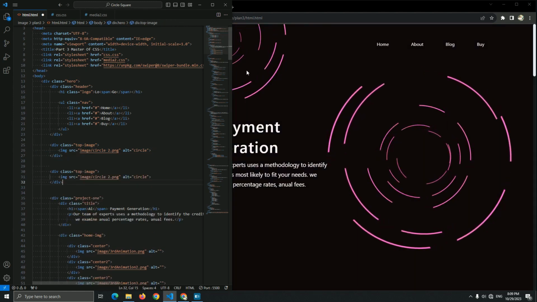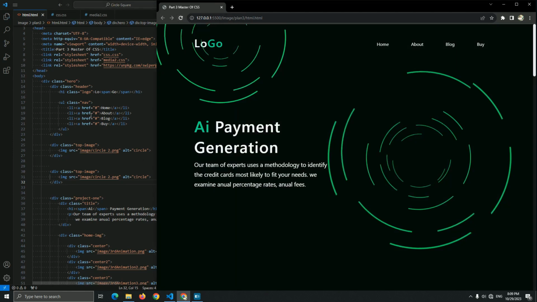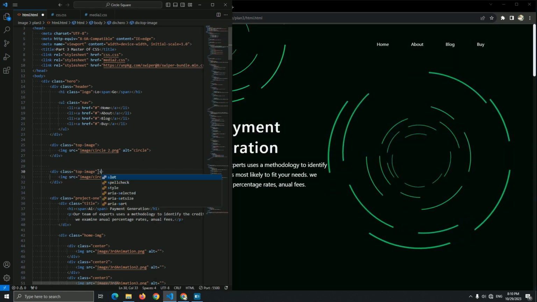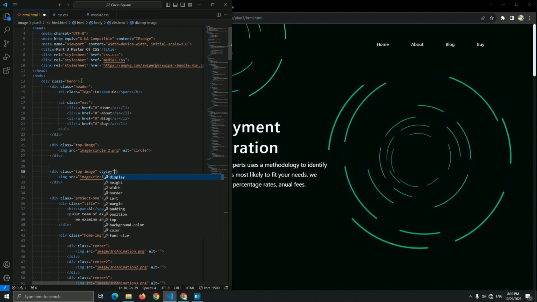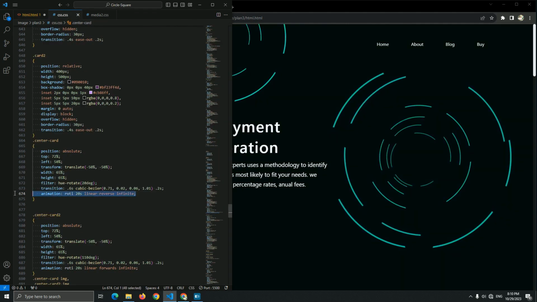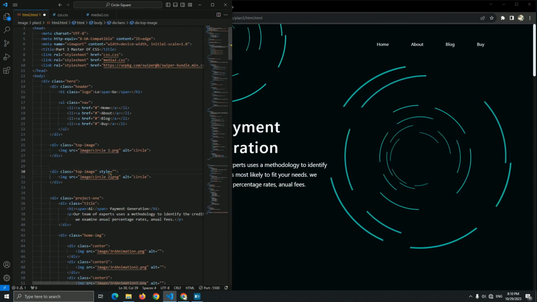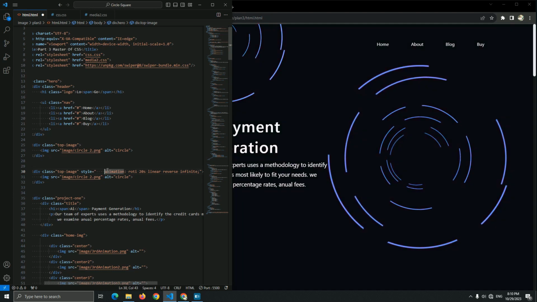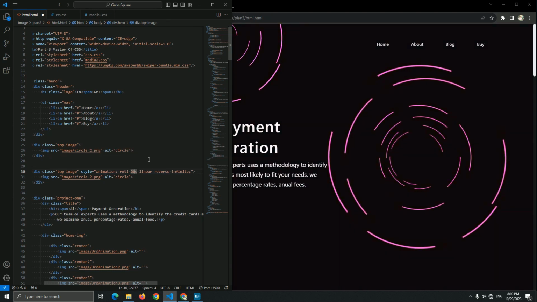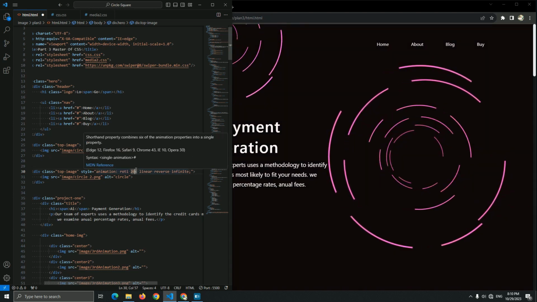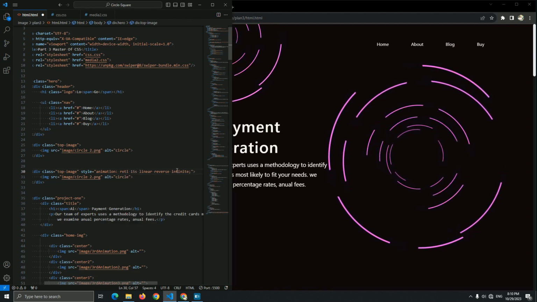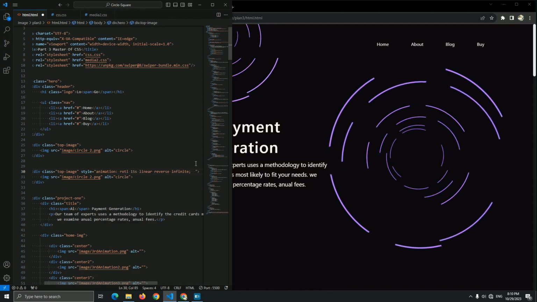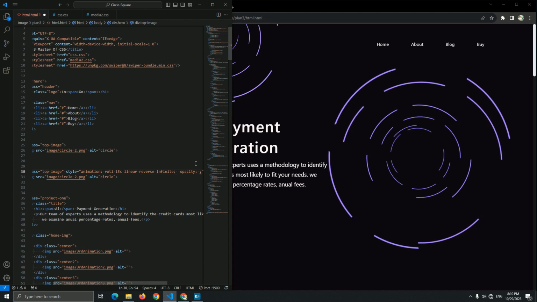This is the animation of the top image, the same animation. But for example, if I just style the animation, let me just copy it to show you what I mean by this. Okay, for example, if I just reduce a second and add opacity to show you what happened right now,